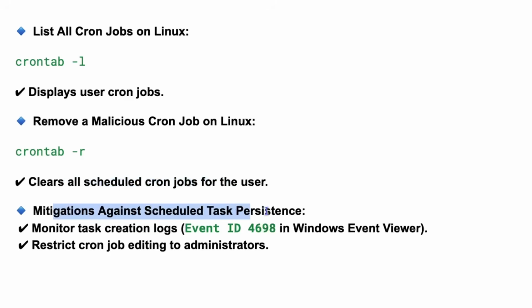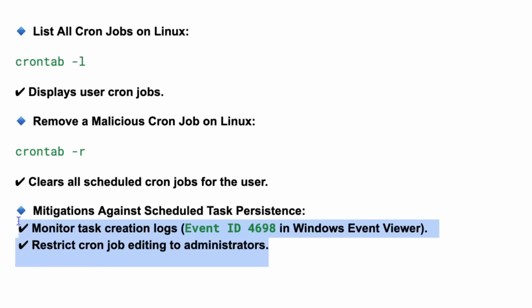The mitigations against scheduled task persistence would be to monitor task creation logs, which is event ID 4698 in Windows Event Viewer, and restrict cron job editing to administrators. And again, we talked about this when we were doing the video on these types of attacks and everything that can be done for persistence and lateral movement. So we talked about all these things. It's just a review of what you need to do to erase your traces of